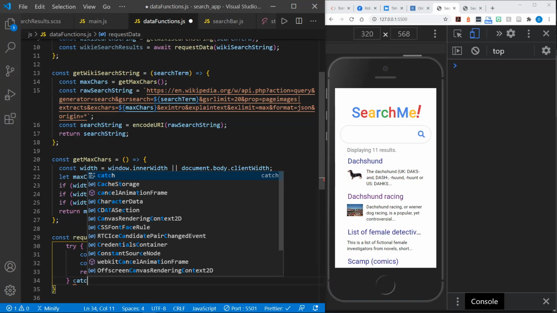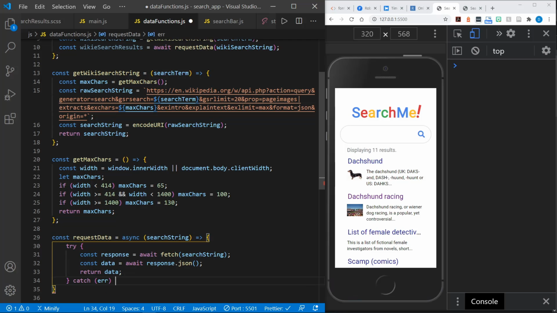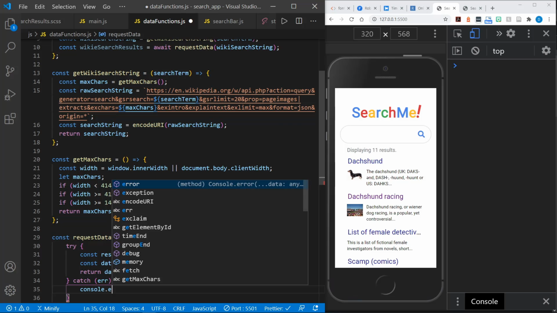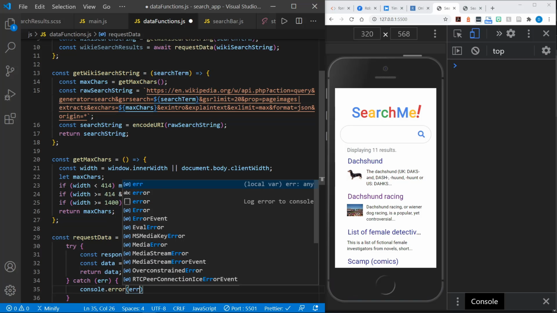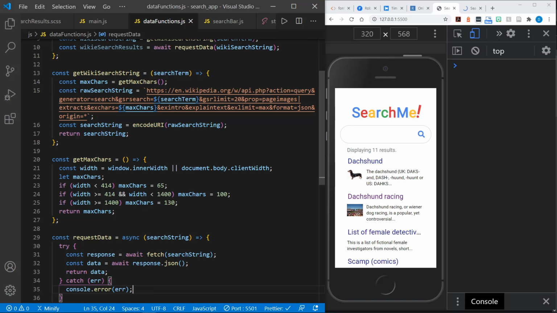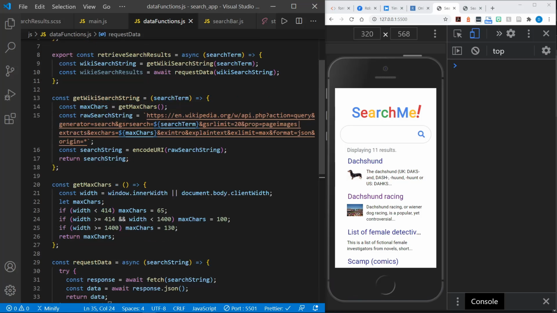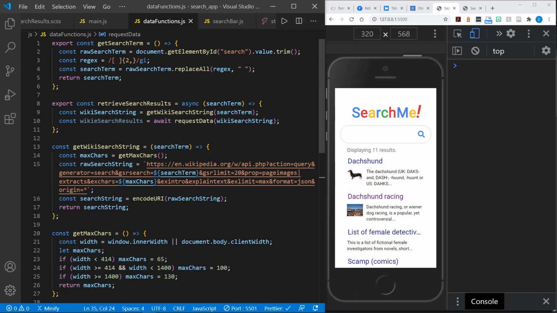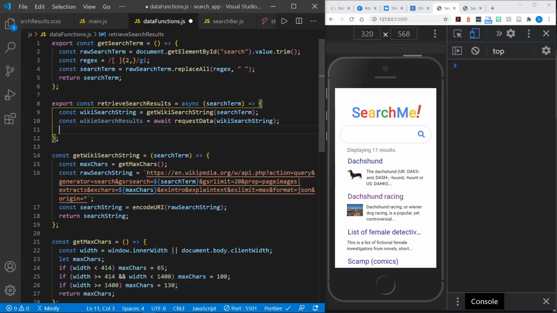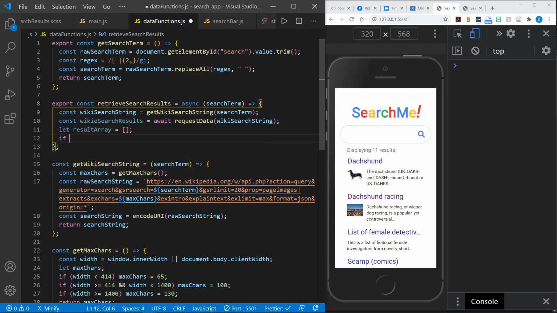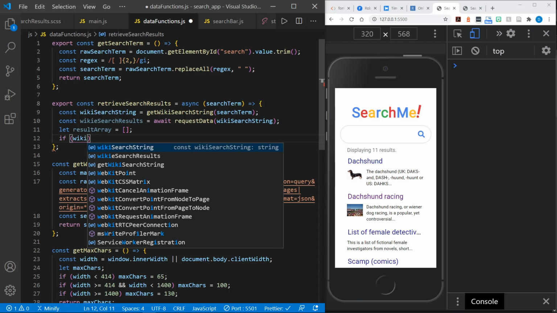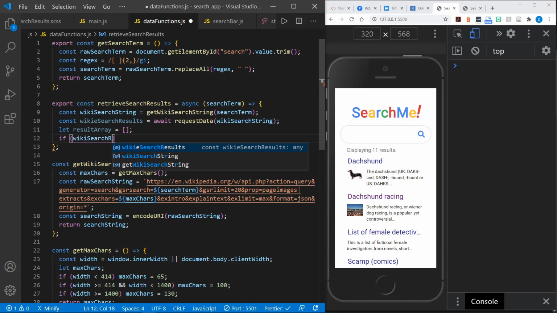After the try, we will put a catch just in case there's an error. And I'll just put console error, and we'll log that error to the console. Once again, we'll return to the retrieve search results function. And now we need to define an empty array called result array. And we'll say if wiki search results